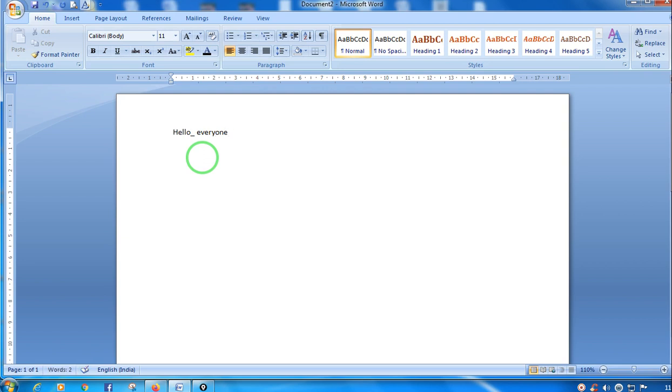And sometimes what happens, suppose I have typed some important document over here and some error occurred in my system, or suddenly the system is not connected with a UPS, and I am working on some very vital document. I have typed 4 pages and I have forgotten to save my work. So when the light goes off, whatever work I have done will be erased. So what I can do, I can use the auto recover feature of Microsoft Word.